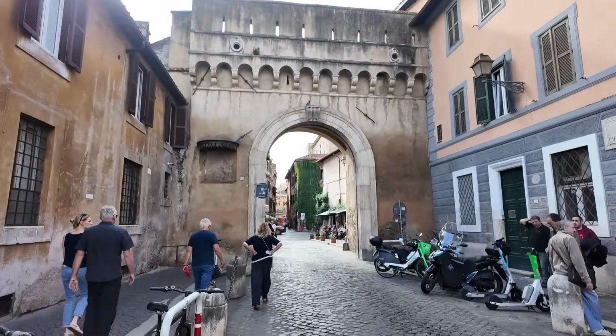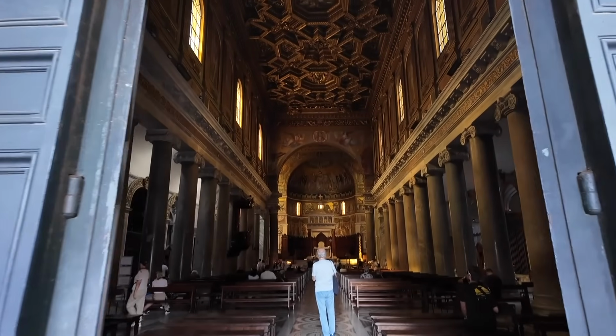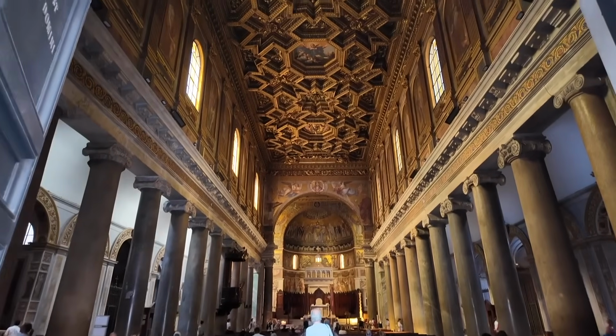The neighborhood or rione of Trastevere is actually enormous, and so I won't be able to cover absolutely everything there is to see and do here, especially all of those proverbial hidden gems, but I have a lot to share with you. This neighborhood does not have any of those famous must-see sites such as the Colosseum, the Vatican, the Pantheon, etc. But this neighborhood is actually rich with history and beautiful architecture, streets, wonderful things to see and do,